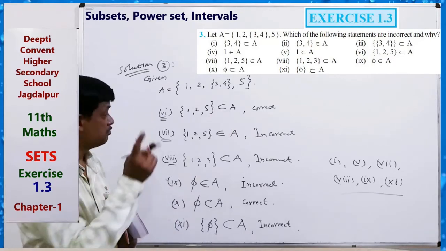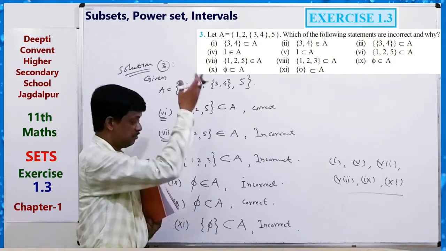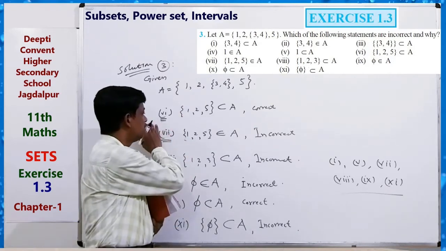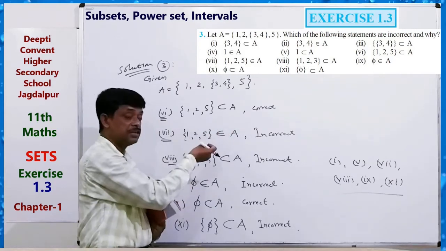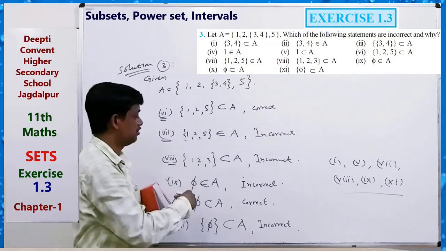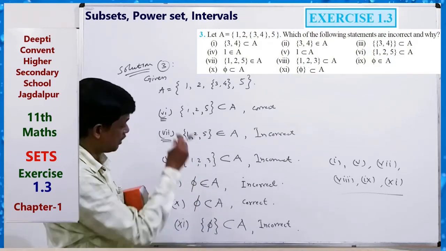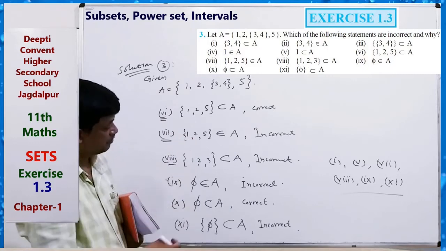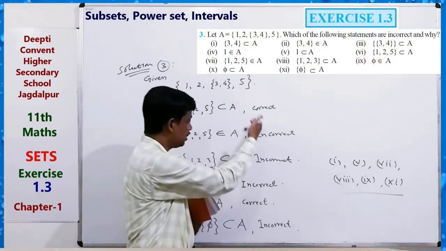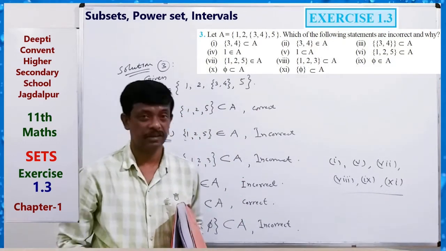You have to give reasons. Just at the time of solving, I am giving the reasons, but you should not write them right here. So you have to write the reason for each correct and incorrect. Okay, so by writing all the discussion, you have to give the answer as correct or incorrect. Okay, so this was the solution of question 3rd.